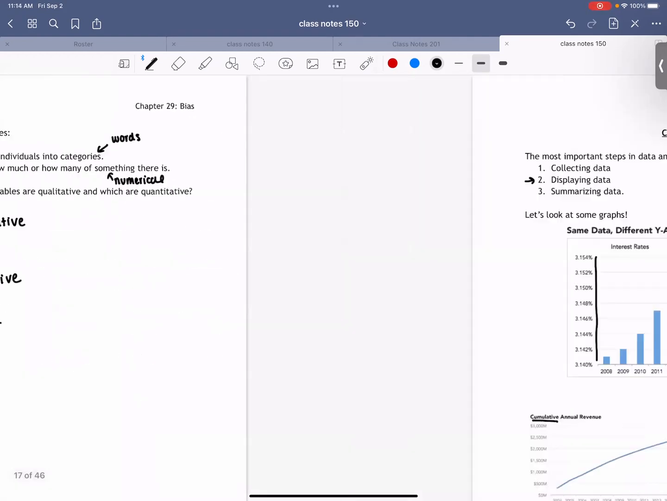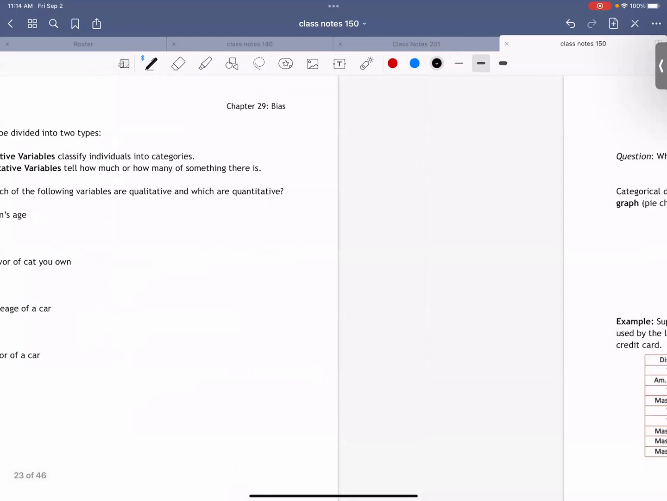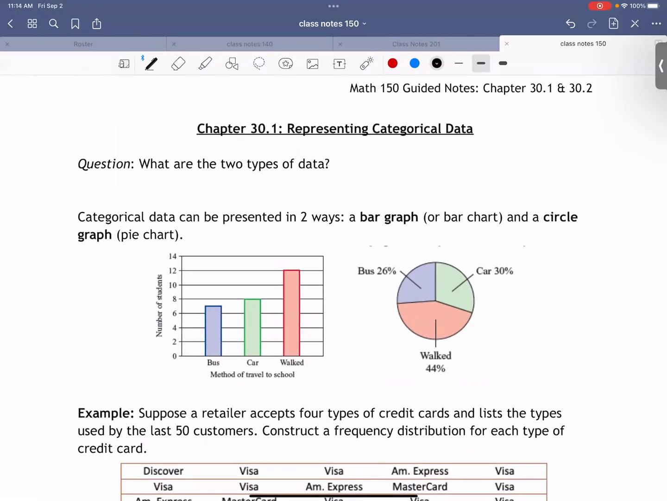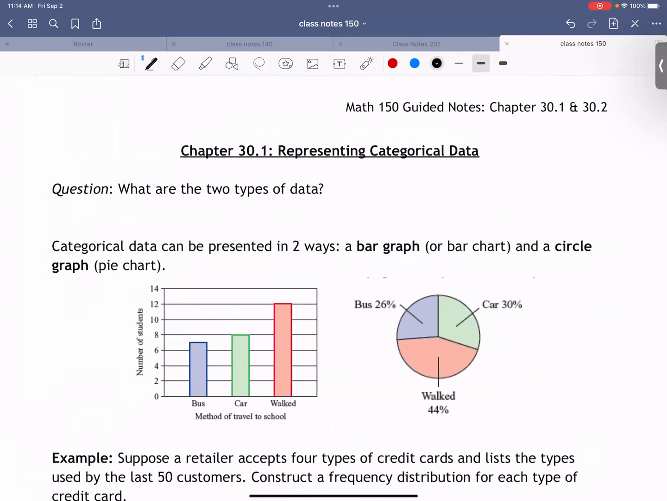Okay, so I am going to pull up these notes here. So we're dealing with chapter 30.1 now. Remember, we have 2 types of data. We have categorical, which is the qualitative data, and then we have quantitative, which is the measurement data. This chapter is titled Representing Categorical Data. Another word for that, remember, is the qualitative